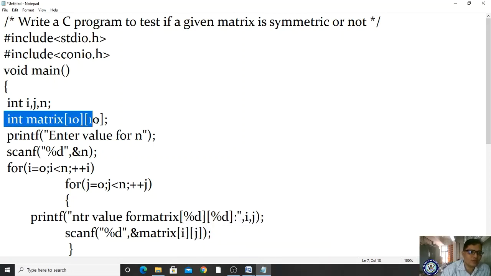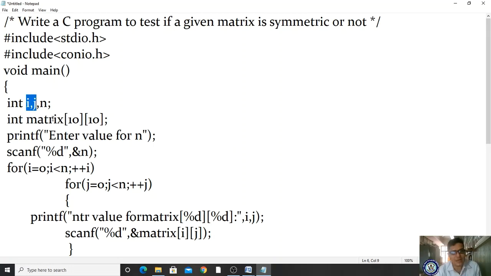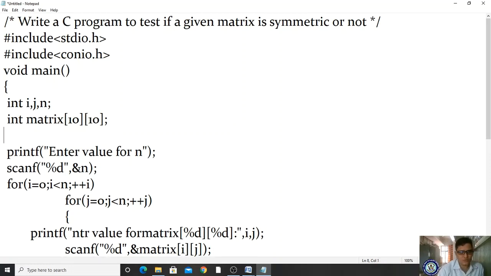Next you define the name of the matrix array variable. If you are getting i and j, it means it is a 2-dimensional array, right? Here you take the matrix as an array variable with size 10 and 10, so you can store 10 rows and 10 columns of information.